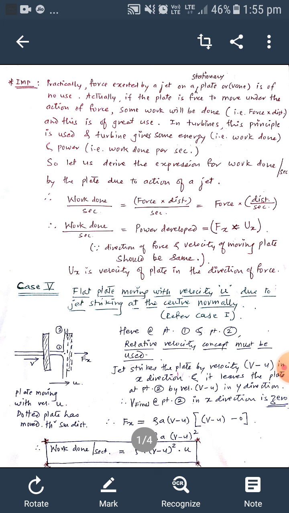This is the relative velocity concept. Inside the square bracket, at the inlet velocity of jet with respect to plate is V minus U, and at the point 2, if we consider direction x, then component of velocity at point number 2 would be 0. Therefore, finally, the force Fx